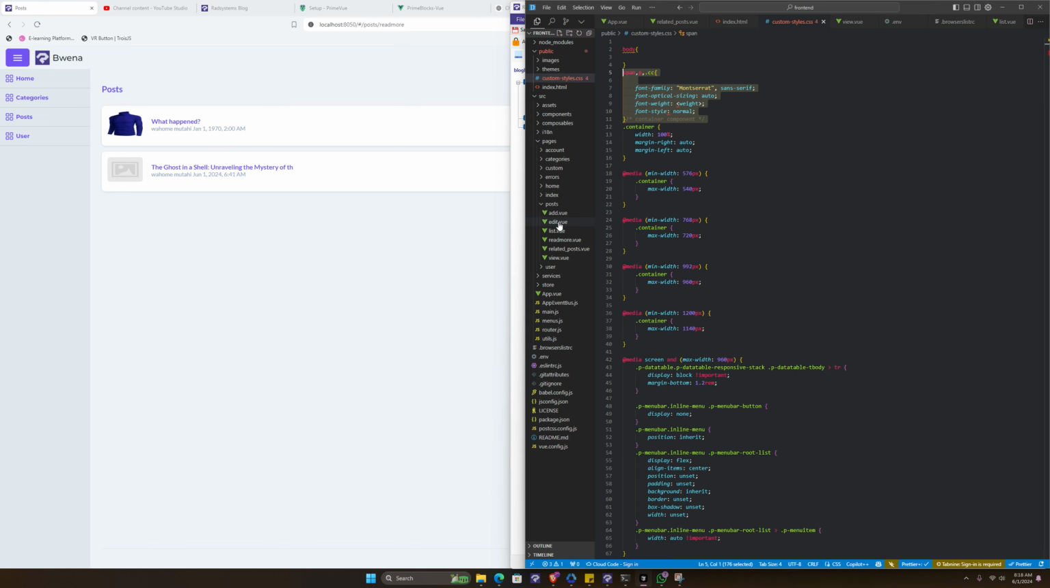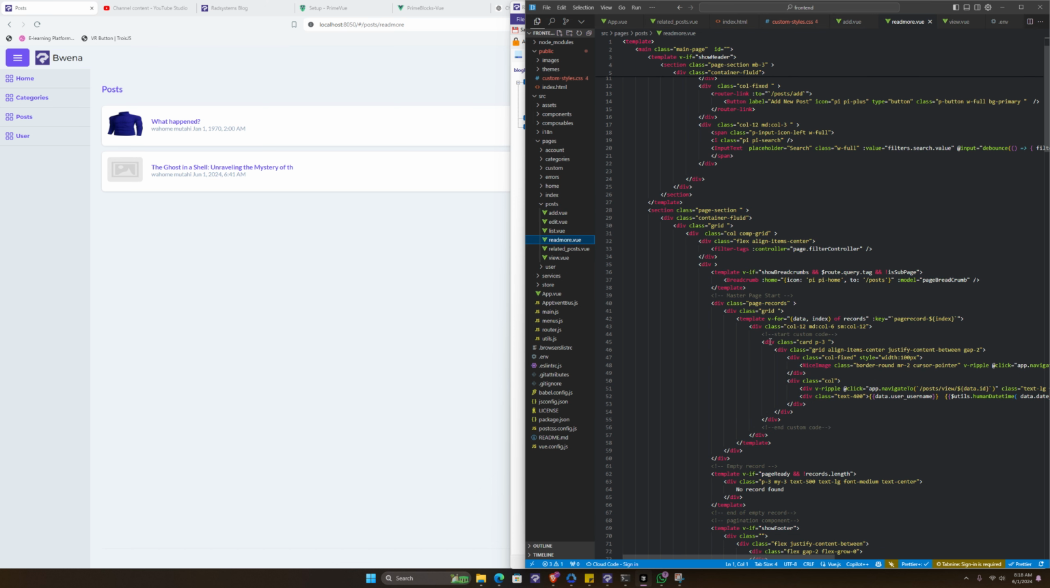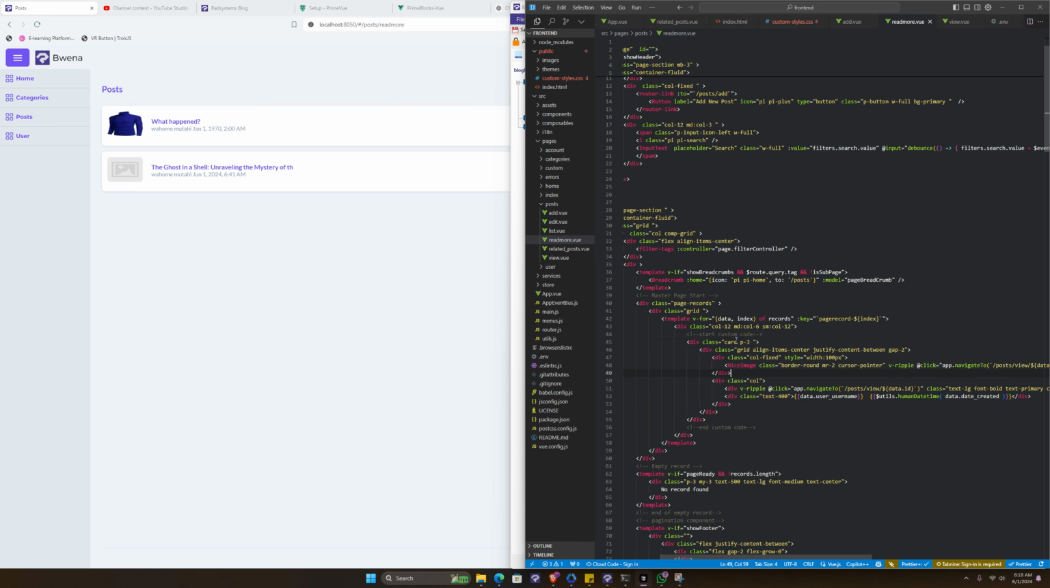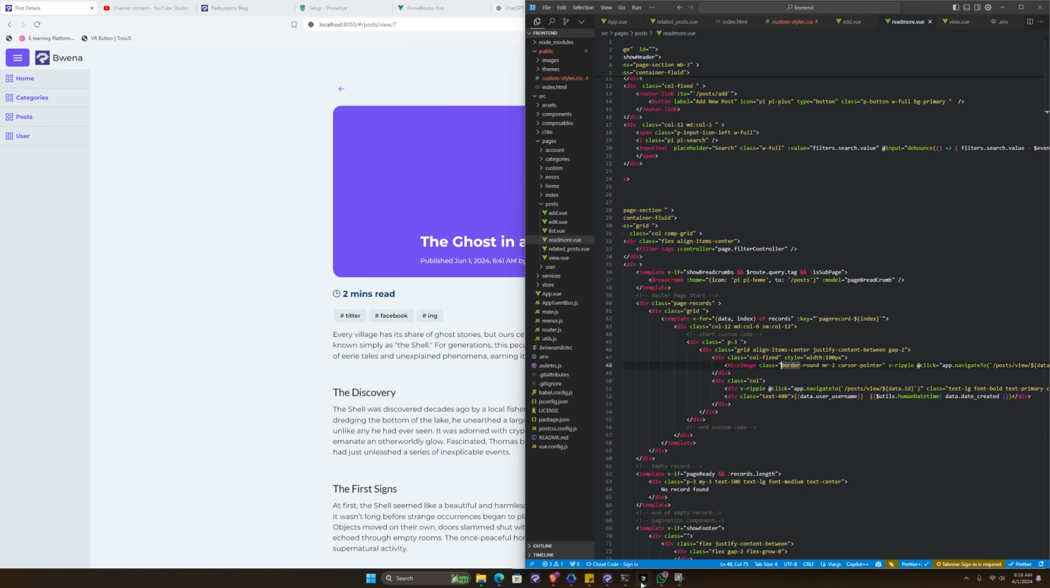So I'm going to go to my code editor where we have posts and read more. I'm going to look for this one. I know I'm just going to be working with what I have here. Right, so I'm going to start by removing this card. We don't want it to be a card. So remove that. Then I'm going to change the text color of this and change it to something like,